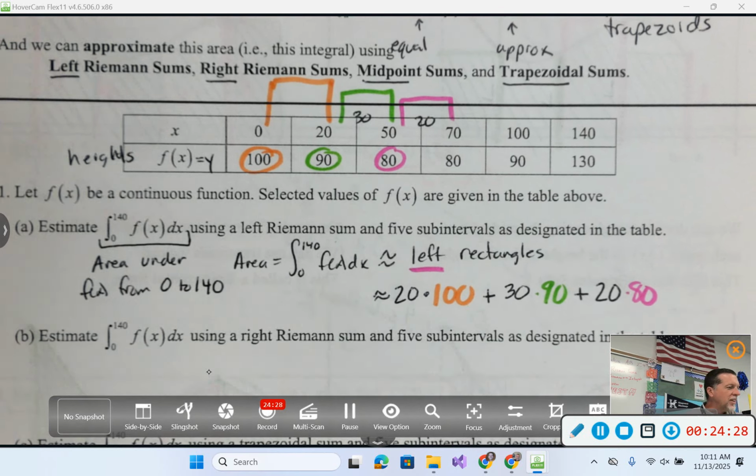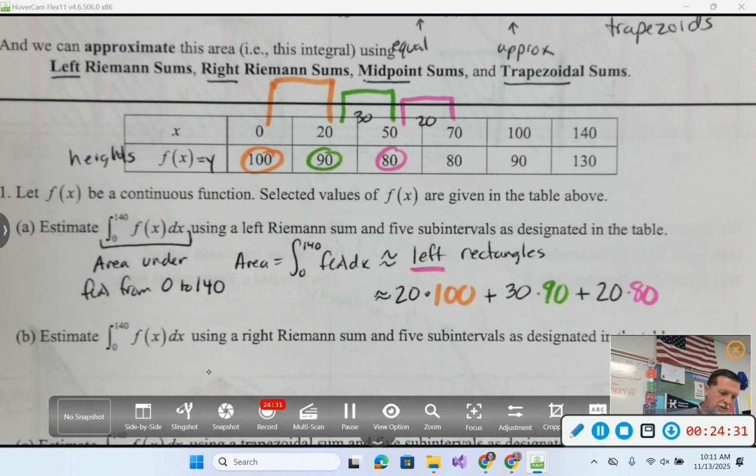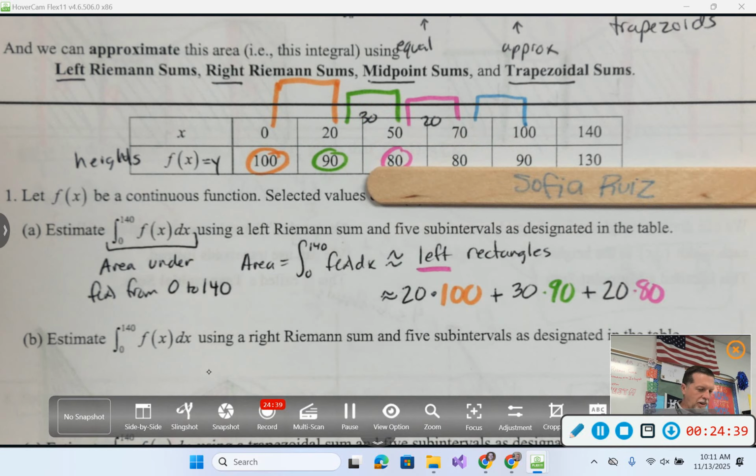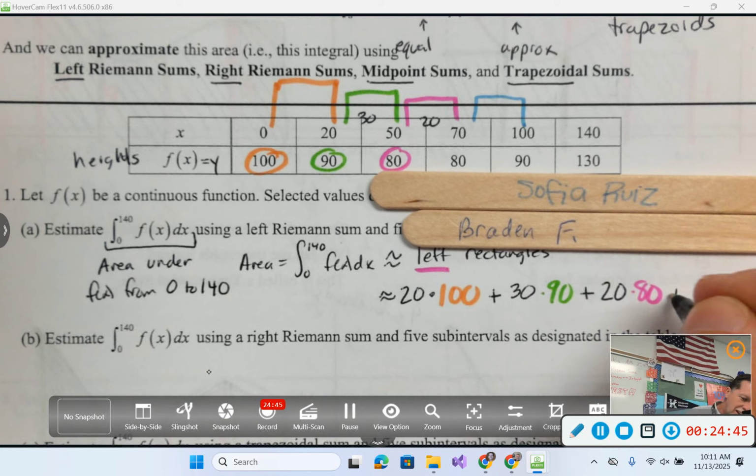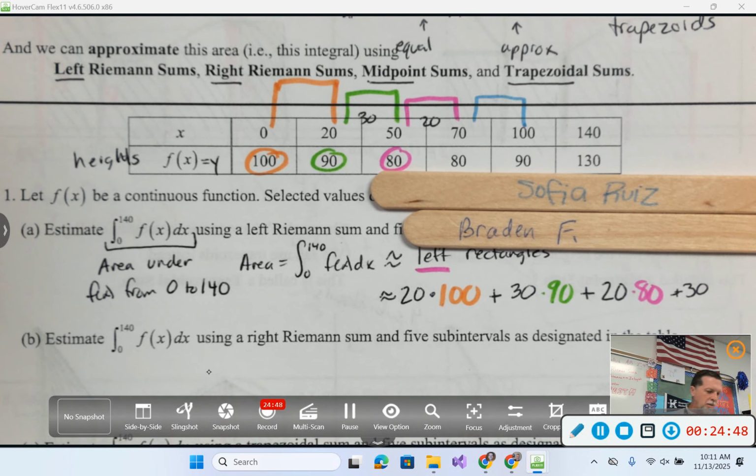We'll speed up eventually on these, but no need to rush things yet. So the next one is from 70 to 100. So I need a base and a height for 70 to 100. So Sophia, what's the base? 30. And Braden, what height should I use? 90. If I want a left-hand sum, we're on the left hand, 80. So 30 times 80. And then lastly,